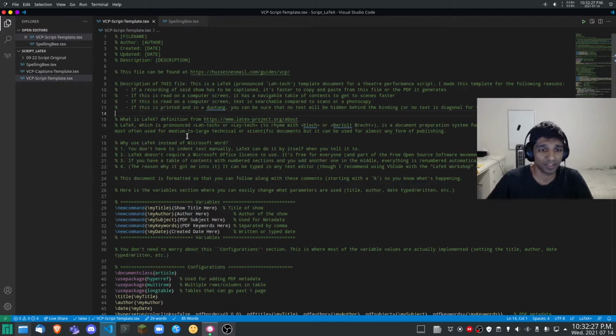So this file was typed in LaTeX. What is LaTeX? It's a typesetting program normally used in the engineering and science field. Personally, me being a computer science student, I think it can be applied to a lot more places, which is why I'm doing something like this, applying it to the arts. You don't really need to be too savvy to use this document that I made,